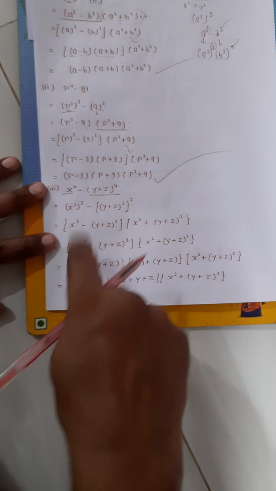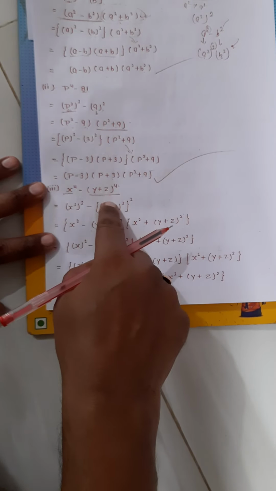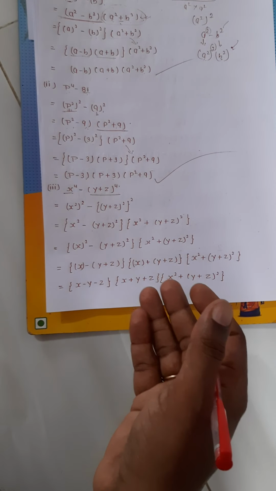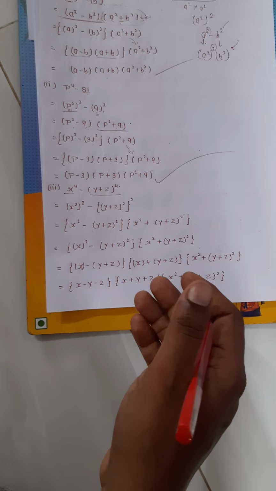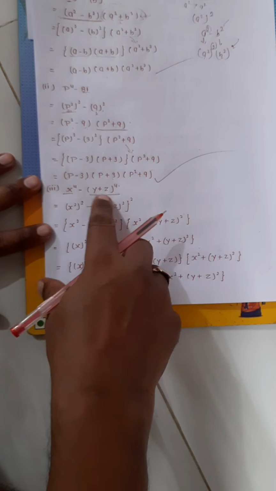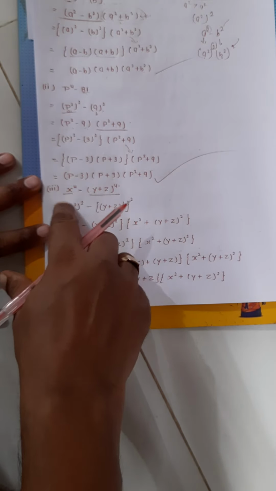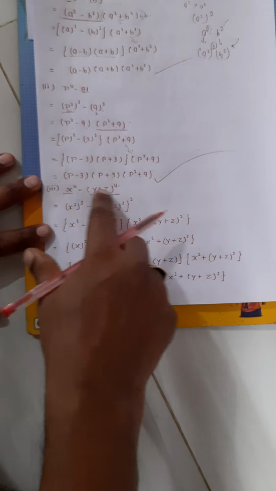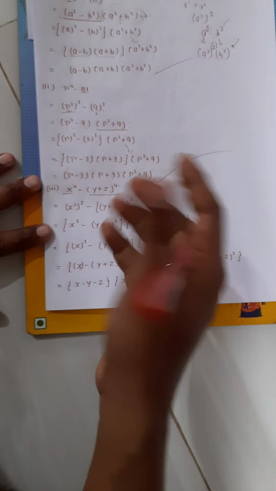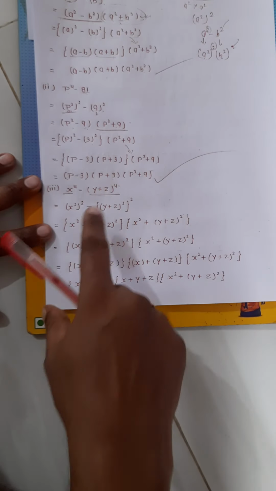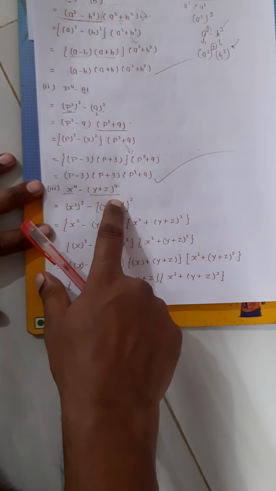Okay, now for the 2 terms, what method do we apply? We apply identity number 3. We will not apply the common factor and all things because we cannot take common in these 2 terms, because here only x is here and here y plus z is here, so we cannot take out any common factor. Regrouping we cannot do. Okay, so we will apply identity number 3. It is easy to apply identity number 3.